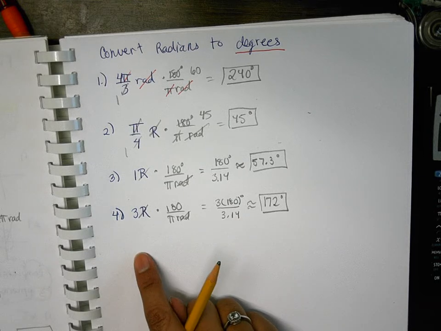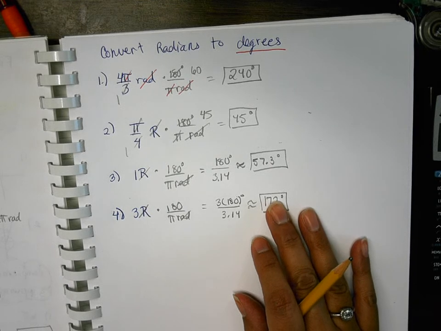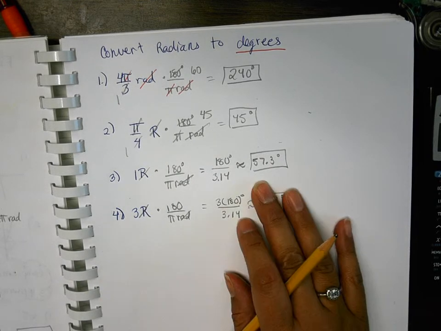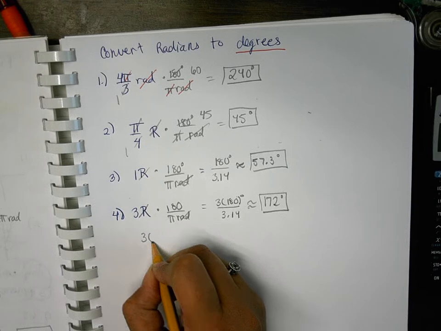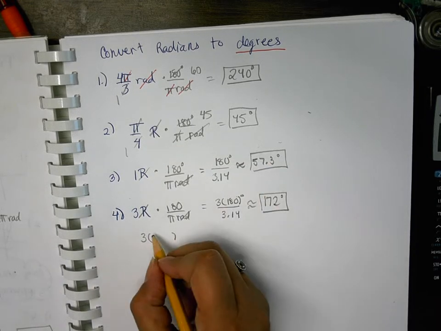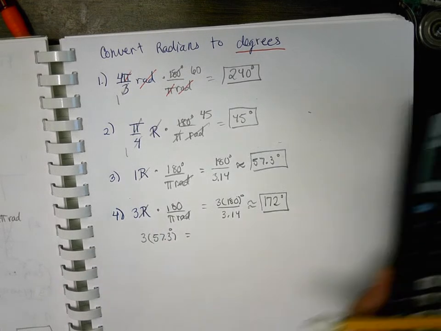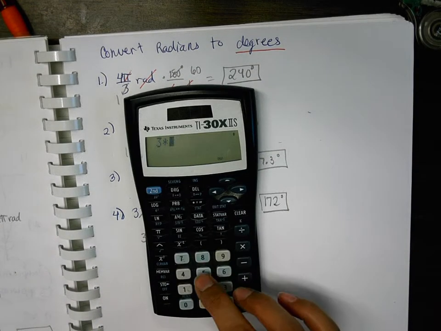Not that this was hard. You're right. Compared to all the stuff we've been doing, this is not hard. All right, but still even easier than this easy way: 3 times 1 radian. What's 1 radian? 57.3 degrees. And if I do 3 times 57.3,